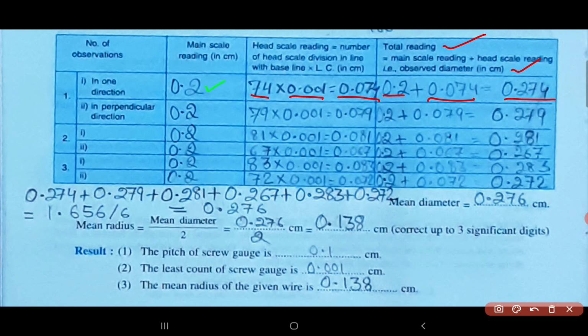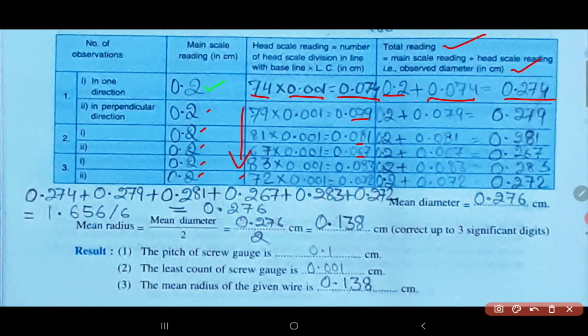So similarly other readings were also taken, and I have shown you in the screenshot also that the vernier will change, but the main scale reading will not change, right, because there is a small deformation on the wire, right. On every object you can find small deformations, which can be only noticed with the help of these vernier readings. Actually these were only deforming by these small amounts, right.